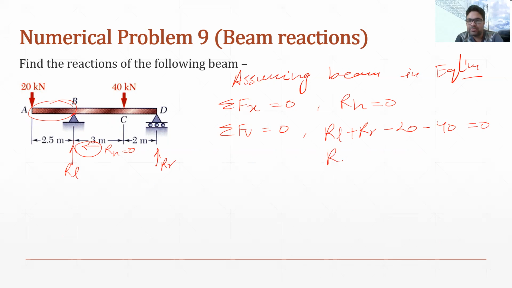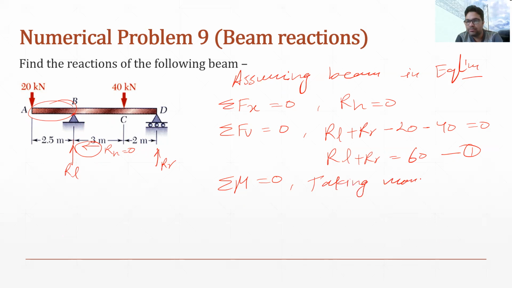So this equation becomes RL plus RR equals 60, which becomes equation 1. Now we will use the third equation, which is summation of M equals 0. This time we can take moment about any point, but we will be taking moment about any one of the supports. So taking moment about B,